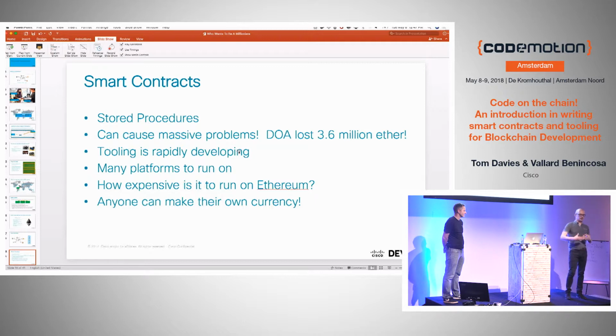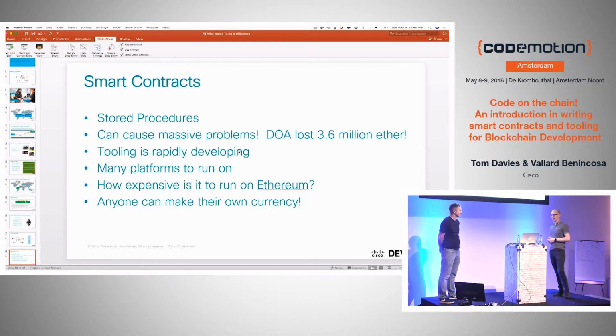So if you create a piece of code, you deploy it to the blockchain, and it's to gather some money up. If you don't code it right, then there might be a loophole in there that means somebody can filter that money out. And that's exactly what happened in the DAO example. That drained a whole bunch of money, like millions, out of the contract before they could do anything about it. And they had to hard fork Ethereum to make up for it, which is a bad thing. That's why you see Ethereum and Ethereum Classic now. Because of the DAO. Yeah, because of the hard forking, it had to split the base. Because of that, there are consultancies building up around smart contracts, and the best practices are being formed. And the tooling is rapidly developing, as we've talked about.